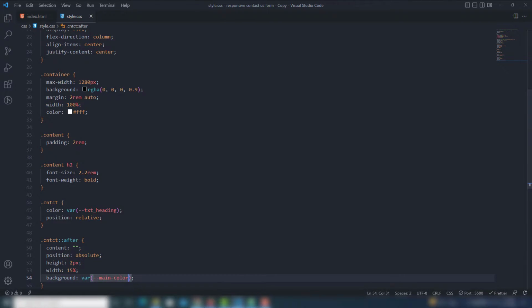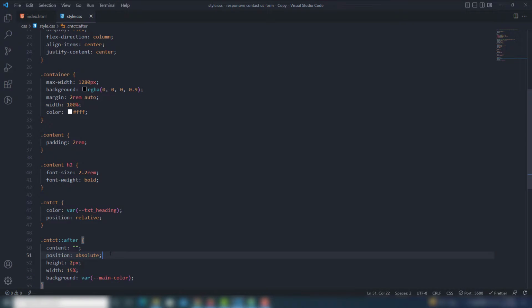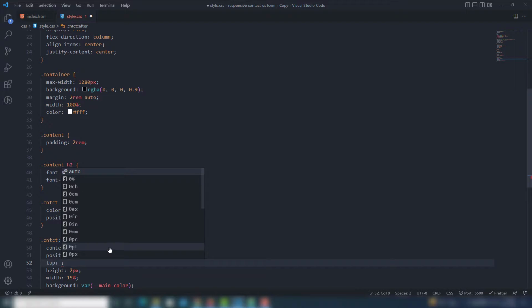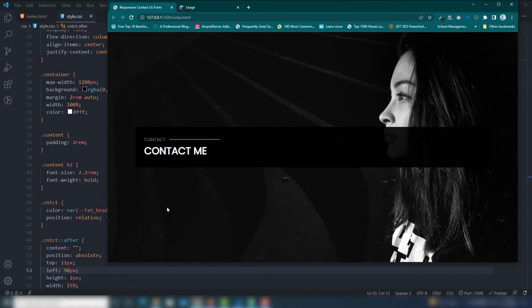So let's see. Right, so I want to move this in the down, so I need to use top will be 11 pixel and left will be 90 pixels. So let's see. Right,